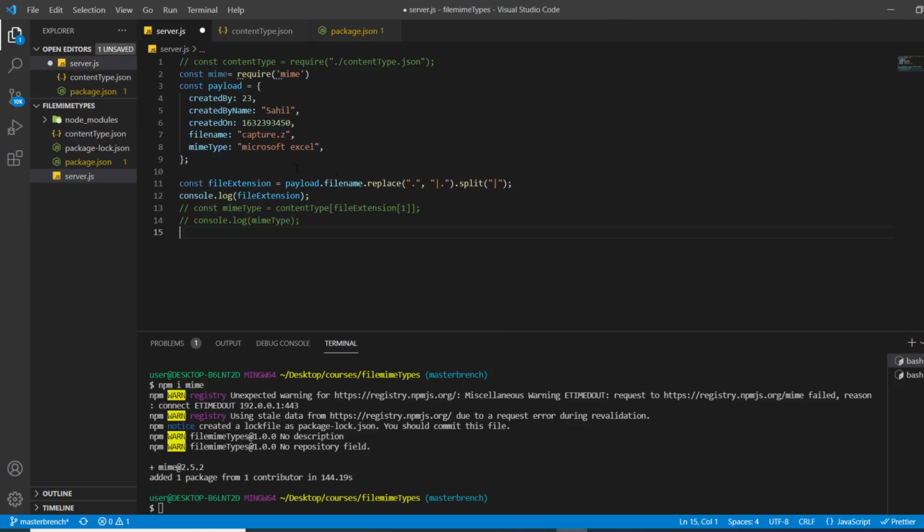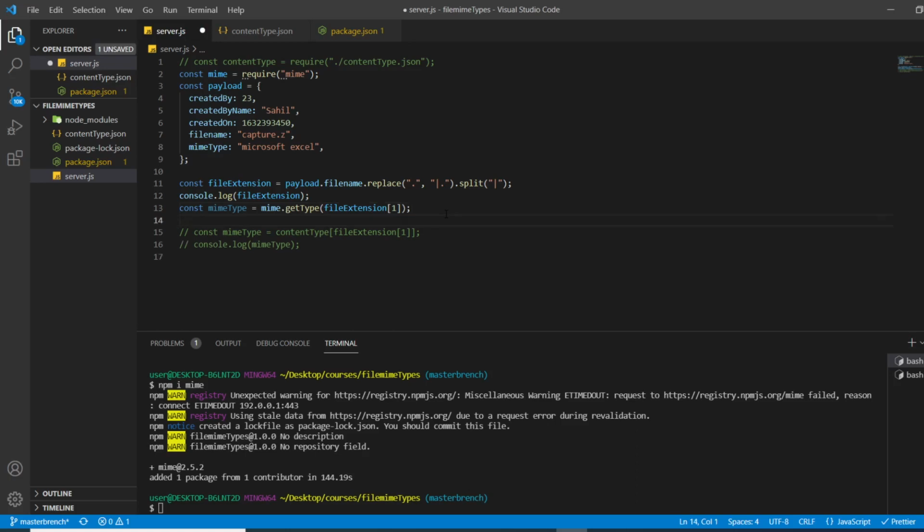We want a file extension, so we keep this the same as it is. Other than that, we simply use const and mimeType here, and here we use mime.getType, and in getType we simply pass the file extension, and then it should work.